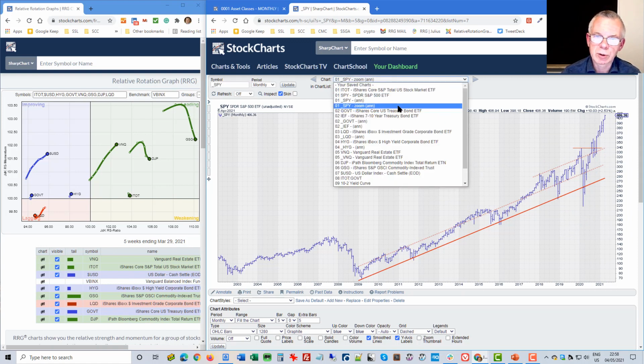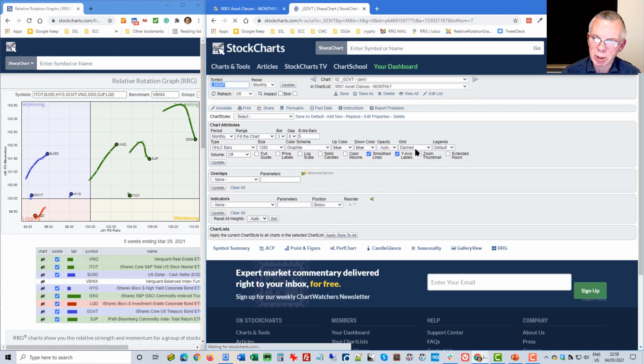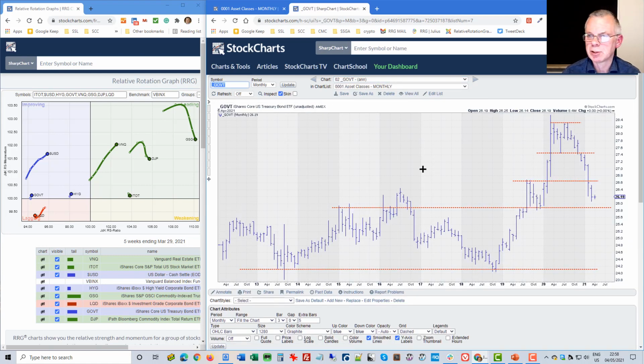We move to government bonds, and we see pretty much the opposite. Not as strongly negative as the S&P 500, but still, we're coming from levels over 28, 28.4, and we're now down to 26, which is massive in terms of bonds. First support level that I was watching didn't hold. It's just above